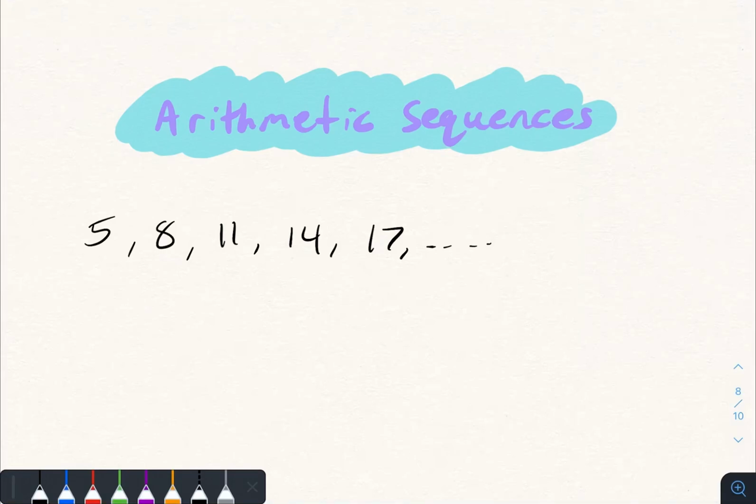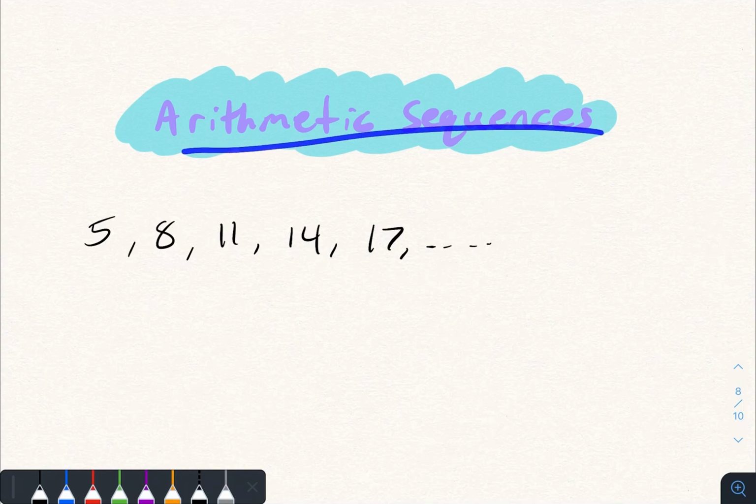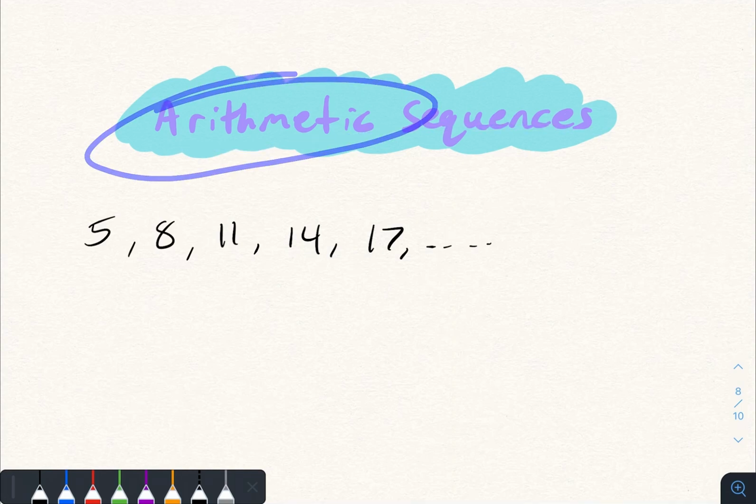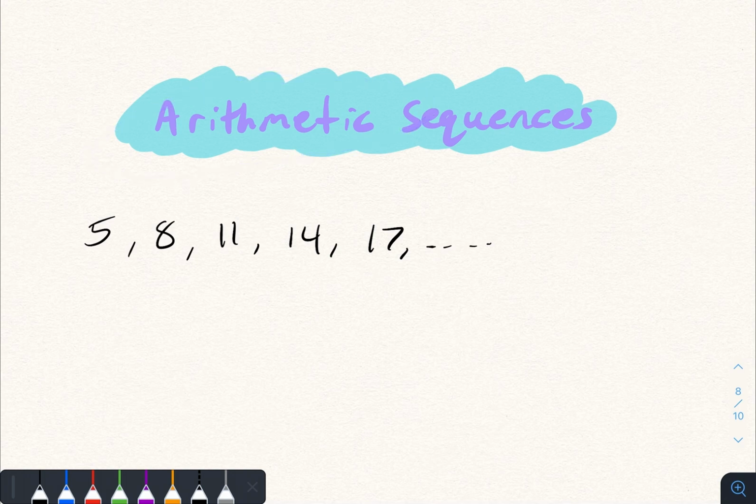I want to go over a few special examples of functions. Honestly, I don't even think of them as functions as much as I think of them as sequences of numbers, but you can still think of them as functions, and they're worth talking about either way. So arithmetic sequences, this is not pronounced arithmetic, it's pronounced arithmetic,